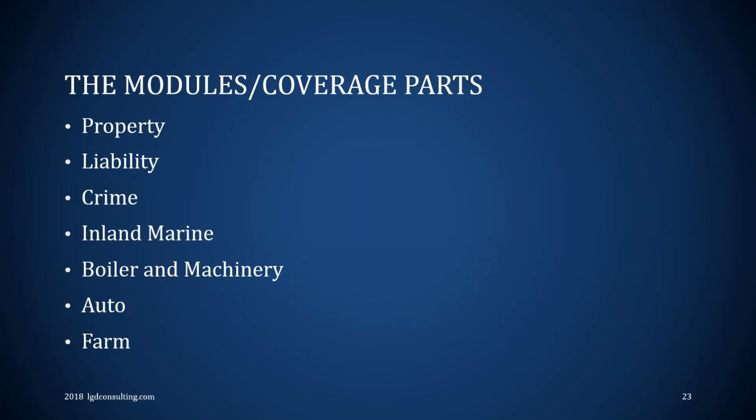So now we'll jump into the commercial modules. Now you see a commercial property or commercial package policy, but sometimes you'll see commercial modular policies. So these are the different coverage parts, or like I said, sometimes on your test they're called modules. And we're going to do a whip through of all of them except for farm. Farm, it's kind of a blend of residential and commercial in one program. It is listed on the commercial side.